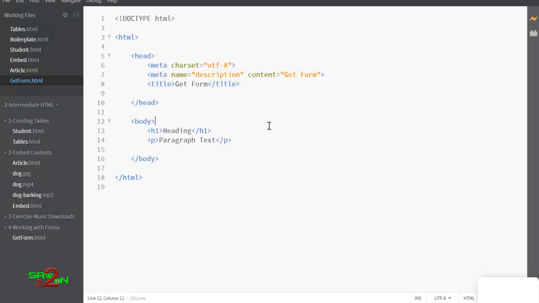Okay, forms, as you know, are basically like a contact form, sign up form, register form, login form. You have these elements like text boxes, check boxes, radio buttons, submit buttons, and all those things you can create in HTML using something called forms. Okay, and that's what we're going to create in this exercise. So we'll say simple form with get action. We're going to see what the action means. Okay, and how do you create a form?